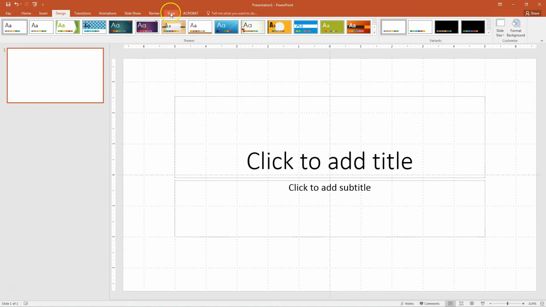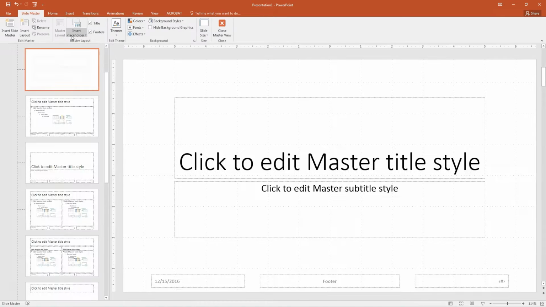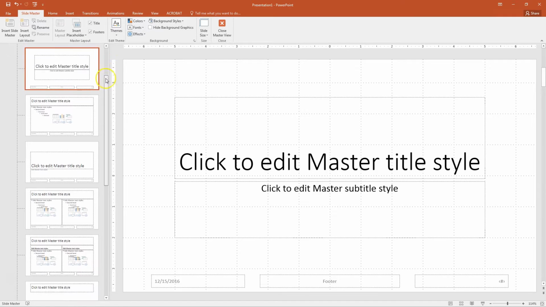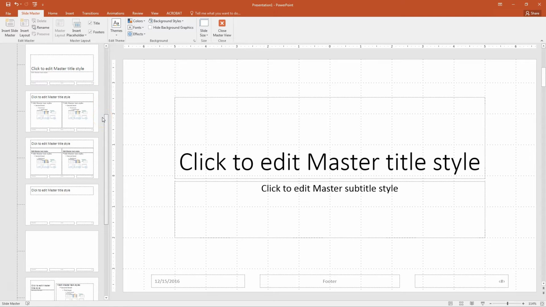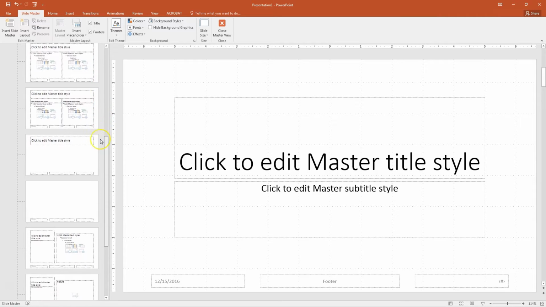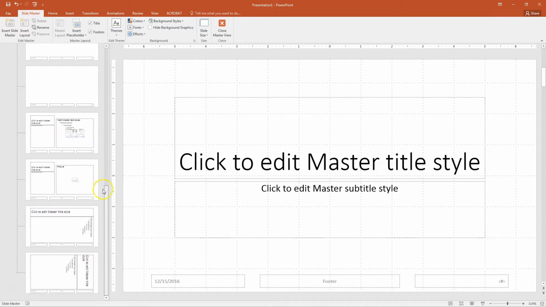What you're going to want to do is hit this View tab. And then you're going to want to go to this Master Views section. And then you're going to click over here on Slide Master. Now what that's going to do is it's going to bring you to this master page that has all of the different styles of PowerPoint slides,